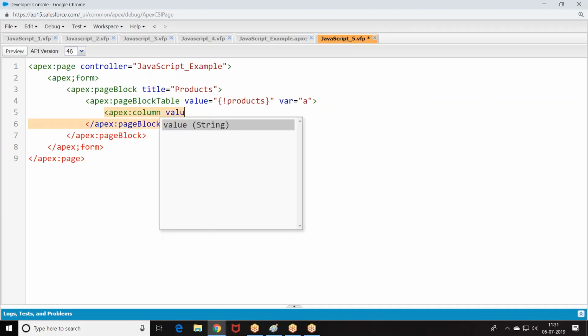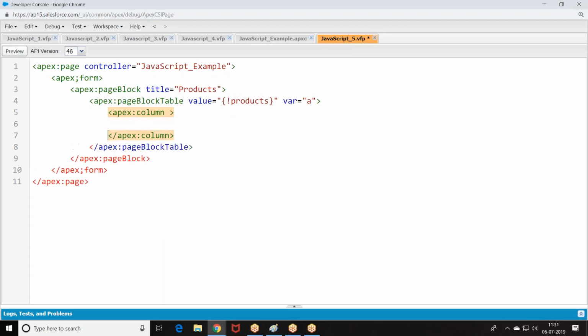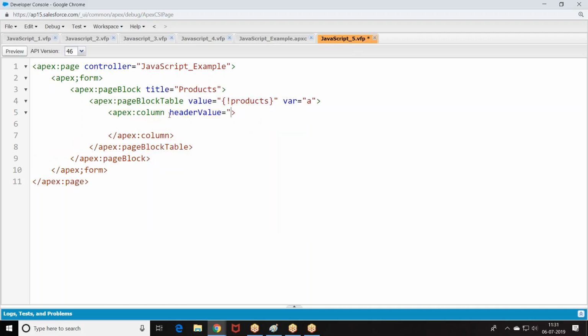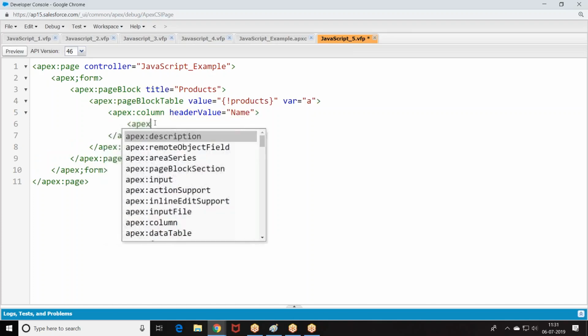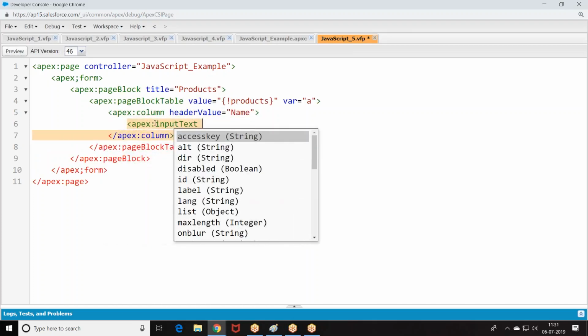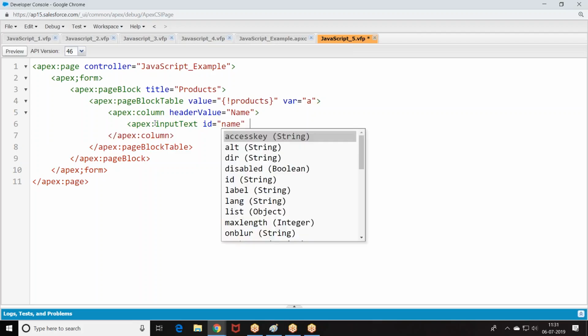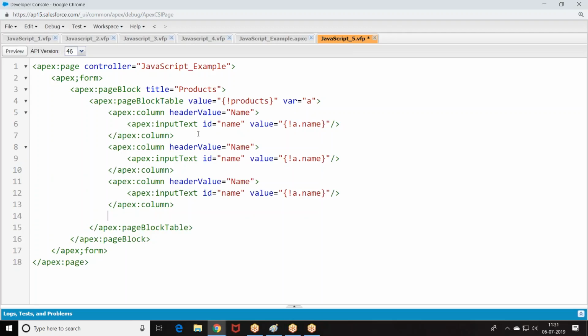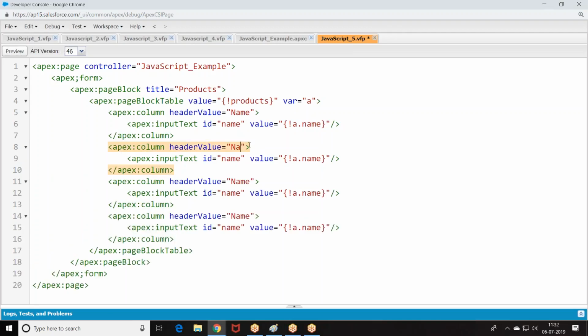Value equal to, id equal to, value equal to a dot. Name, quantity.